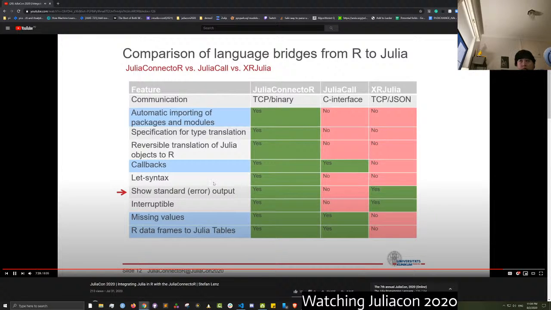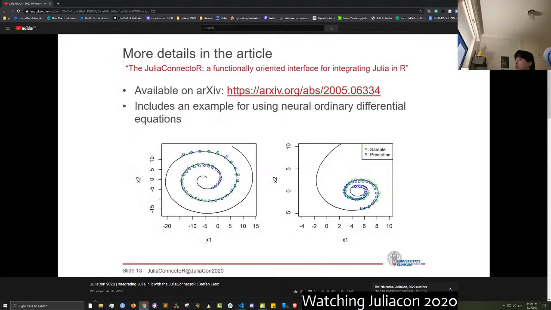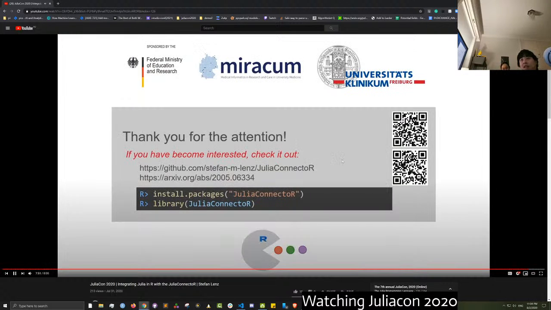Due to the lack of time, I can't go into the details of the other features here. You can find more details on the features of the Julia connector and on the comparison to JuliaCall and XR-Julia in our article, which is available on arXiv now. It also includes an example for fitting neural ordinary differential equations on time series data. If you have become interested,